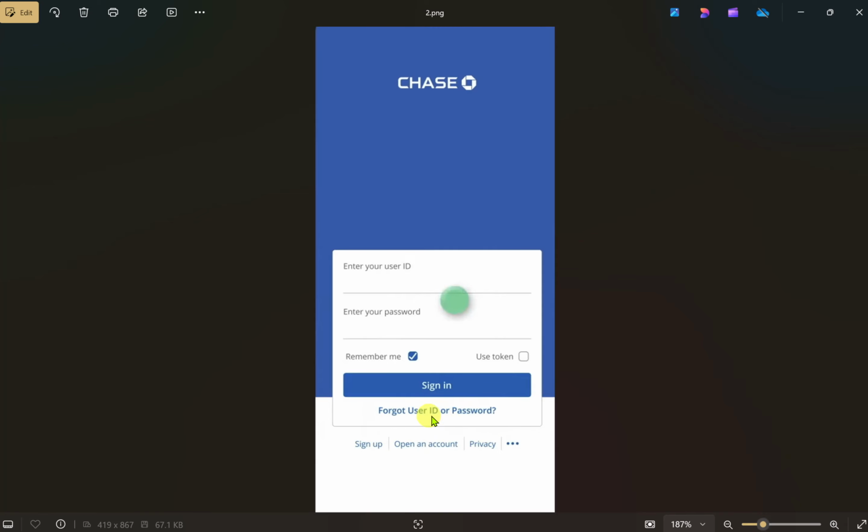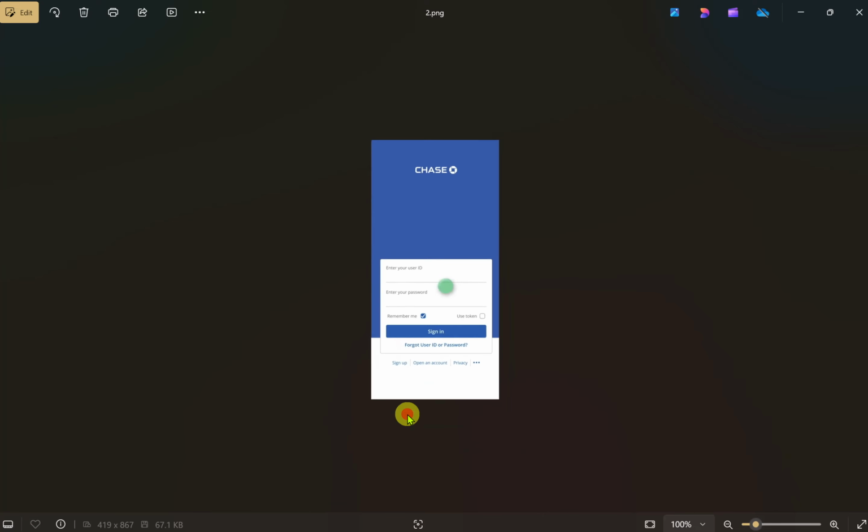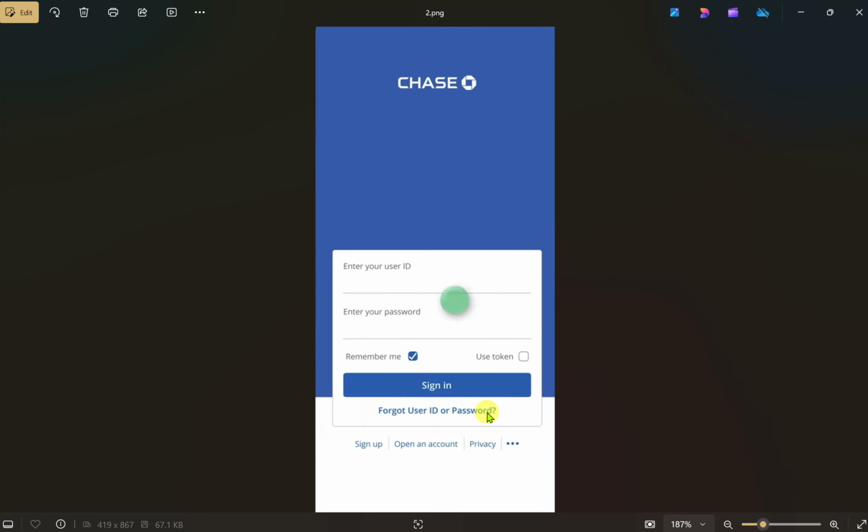If you have forgotten your user ID or password, simply click on this option, forgot user ID or password, and then this will ask for your email ID and other account details, and then this will send a verification code to your email ID or mobile number. Simply enter that and you will get your user ID or password. So that is how you can sign into